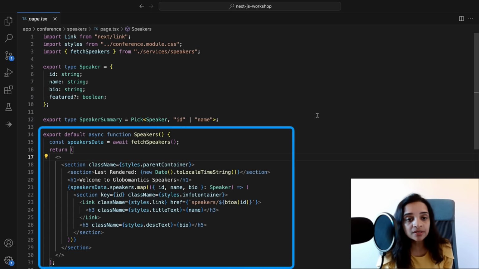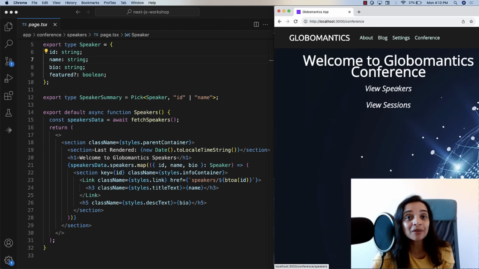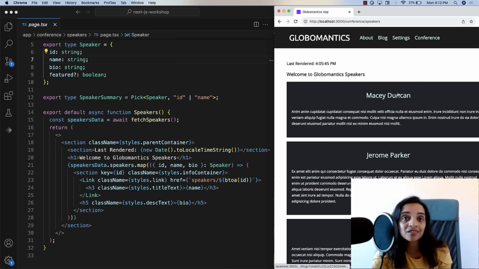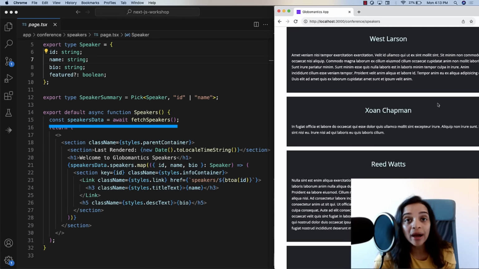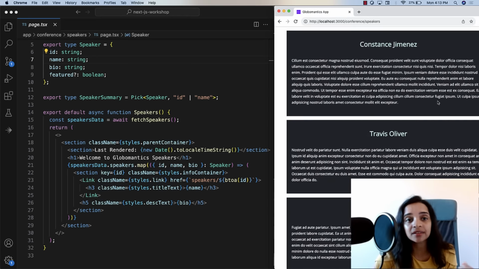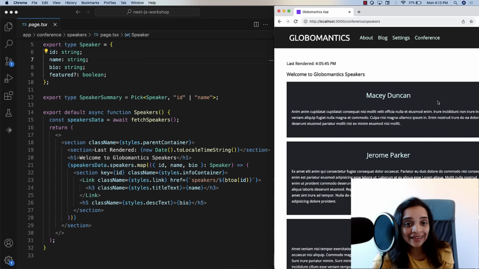As you notice here, it is going to be an async function because it's going to make asynchronous calls. What's cool about a server component is you can make your fetch calls within the server component. You can see here that I'm fetching the speakers' information with an API call right within the component. Then we're going to get the data back and render the speakers' information as you see here on this page.